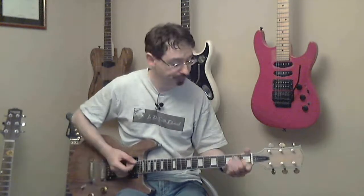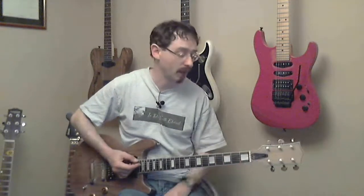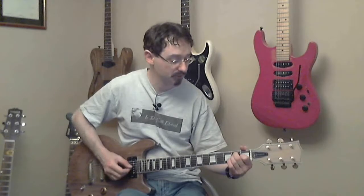One other alternative tuning I want to look at, and that's the idea of tuning the guitar to an open chord. So here's the guitar back in normal E, A, D, G, B, E tuning, and what I'm going to think about now is tuning the guitar to a chord. So if I think of an open position E major chord, where I've got an open E string, A string fretted at the 2nd fret to give us a B, D string fretted at the 2nd fret to give us an E, G string fretted at the 1st fret to give us a G sharp, and then open B, D string,